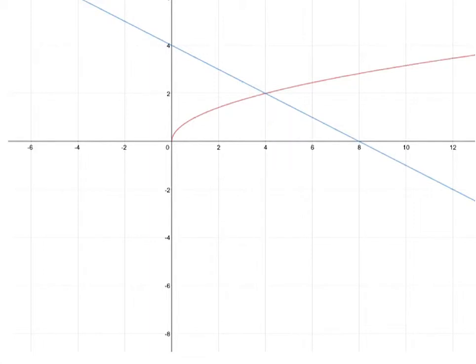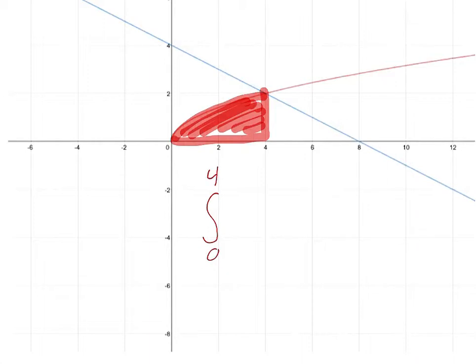And this is a review problem. We end up needing to do this in two pieces. We're first going to take that area and rotate it around the x-axis. The integral for that is going to be from 0 to 4 pi, and then the radius of this is defined by our red function, and that's going to be